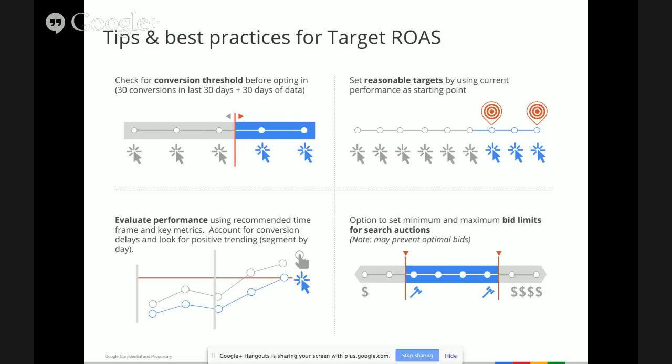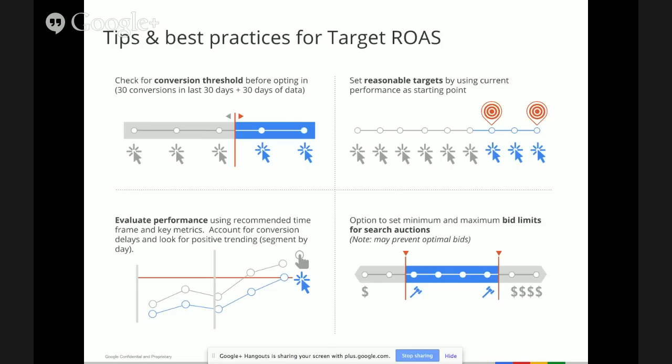Second is to set reasonable targets. We want to make sure that when you move from whatever bid strategy you're on right now, whether it's max CPC or target CPA, into target ROAS, that you're setting a realistic bid. The best way to benchmark this is to look at your performance over the last 30 days. So if you're achieving a 10-to-1 return, we'd recommend setting a 10-to-1 target ROAS so that we give you realistic bids. And then if you want to raise or lower that over the next couple weeks, you can definitely do that. But what we don't want to have happen is for you to be achieving a 10-to-1 ROAS and tell our system that you need to double your profitability, because that'll be hard for us to hit right out of the gate. It's more of a gradual adjustment.